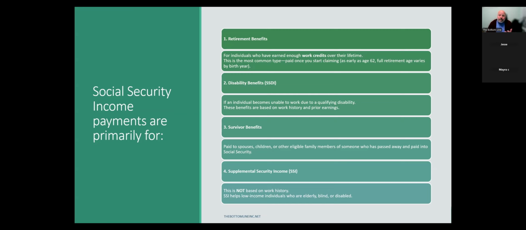There's also survivor benefits, where someone passes away and they paid into Social Security. This came about during the coal regions actually brought this law about because when the husband usually passed away from black lung disease, the spouses were left with no income because the husbands earned the money, the husbands paid into Social Security, and the wives did not, and the children did not.